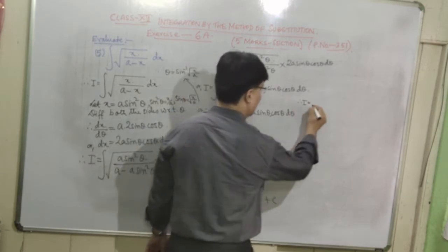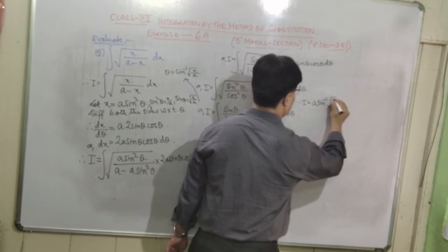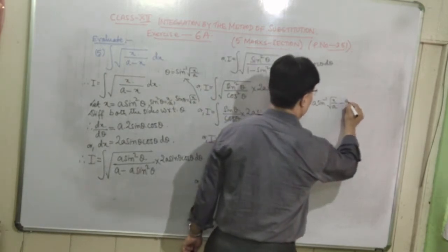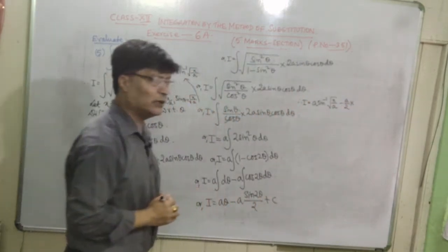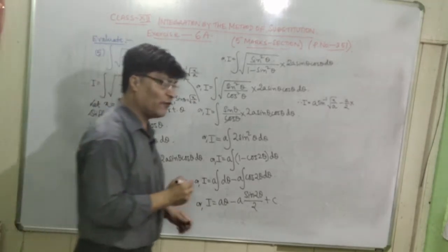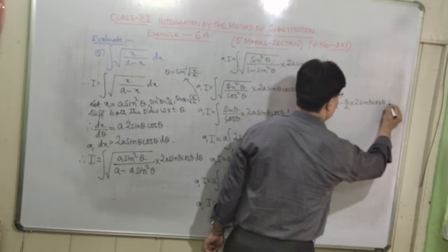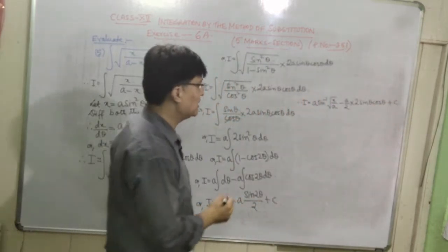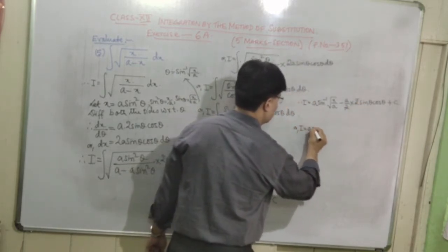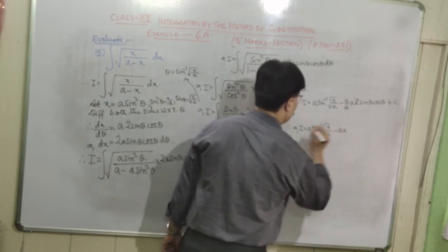Therefore I is equal to a. What is theta now? It is sine inverse root over x upon a. Okay. Then minus a by 2. Then we can write here the formula for sine 2 theta from multiple angles in trigonometry. What is the formula for sine 2 theta? It is 2 sine theta cos theta. Then we can write here plus c. So here you can cancel these two. Or I is equal to a sine inverse root over x by a minus a into,